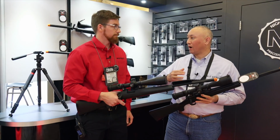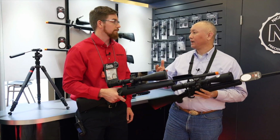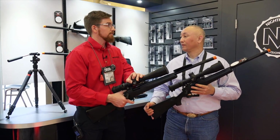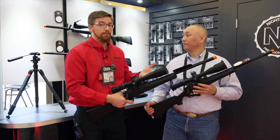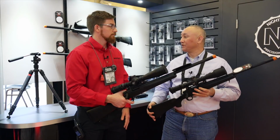Okay. And then reticle options. I know you offer a couple of Horus, the Horus H59, and the Tremor 3. The H59 and Tremor 3 are available in the 5-25. Currently, only the Tremor 3 is available in the 7-35. And then other more popular options might be...